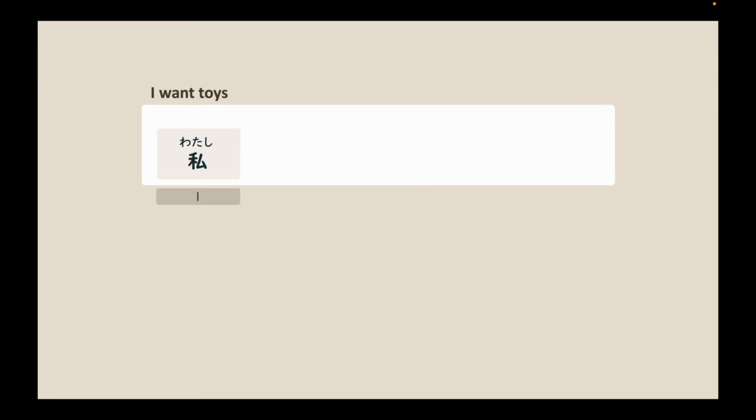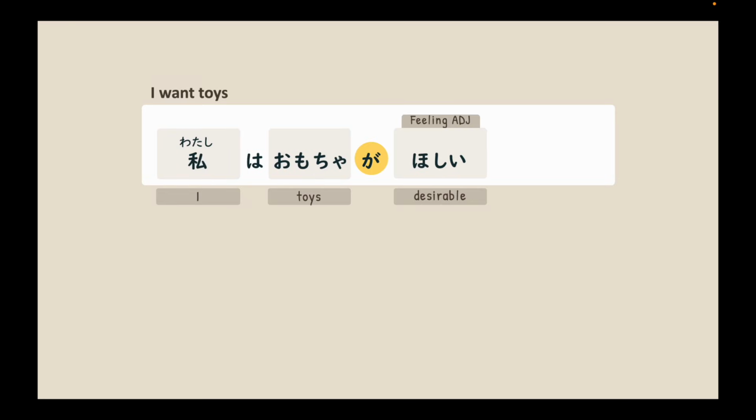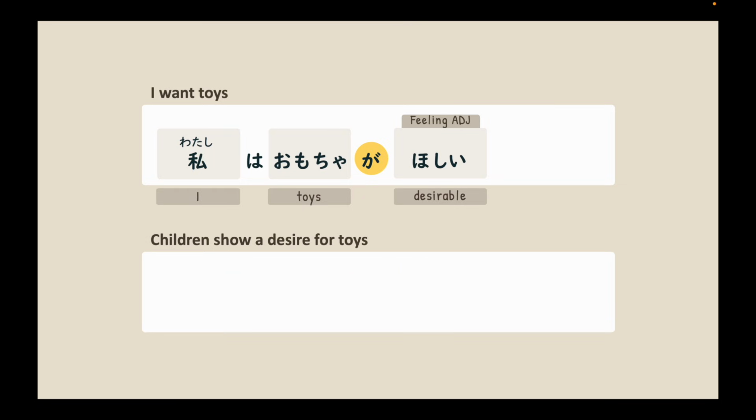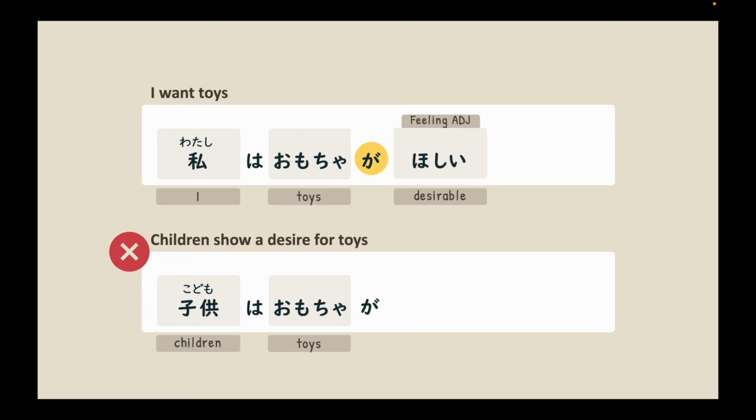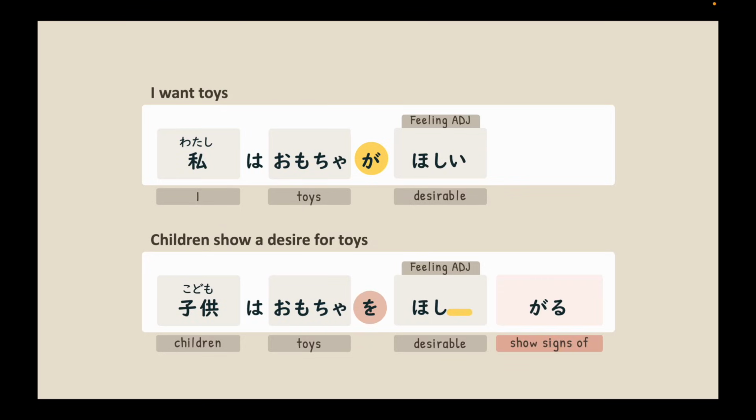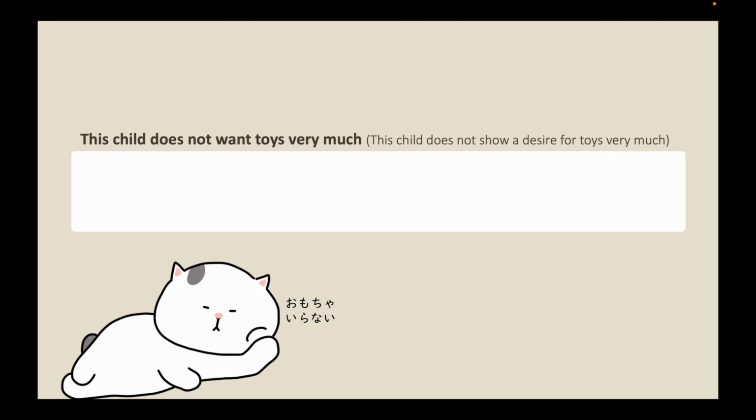Let's say you want toys, you would say, 私はおもちゃが欲しい。Now, what if we want to say that children show a desire for toys, like they tend to want toys in general? Remember that we can't say 子供はおもちゃが欲しい because 欲しい describes the speaker's feeling. So the correct sentence is 子供はおもちゃを欲しがる。Please note that the o particle marks the object when we use がる。